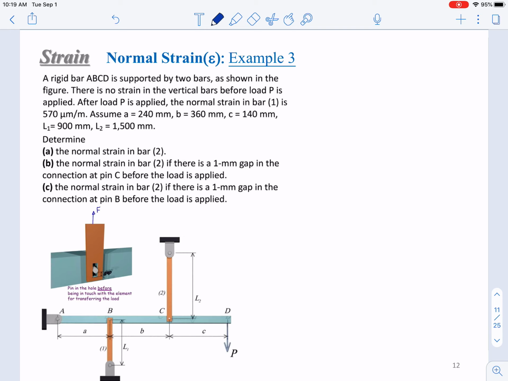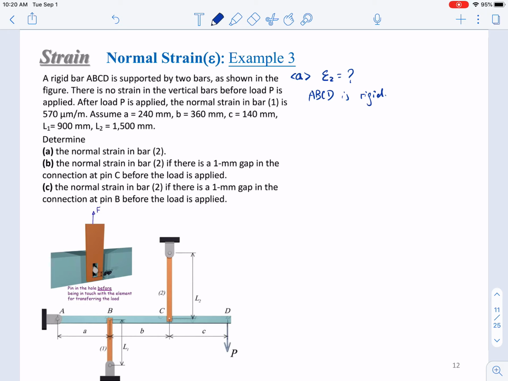Okay, so first of all, let's look at step A. In step A, we're looking for epsilon 2. This is the first condition. Based on the first condition, that the bar ABCD is rigid, as we analyzed, it will not be deformed, but it can only be rotated. So after the rotation, after you add the P,